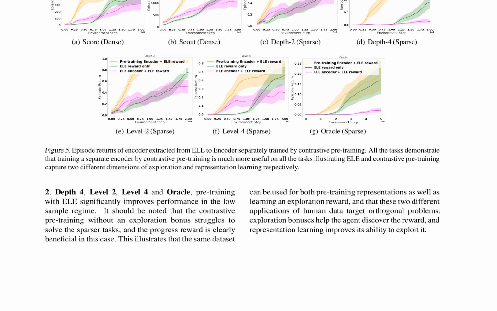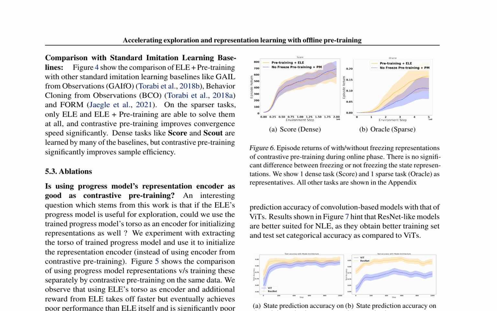The results presented in Figures 4 and 5 collectively demonstrate the effectiveness of the proposed approach, ELE, in accelerating exploration and representation learning with offline pre-training. The findings highlight the importance of pre-training representations and exploration bonuses in improving performance on various tasks, especially in the low sample regime. The evaluation of ELE plus pre-training is compared to standard imitation learning baselines, including GAIFO,